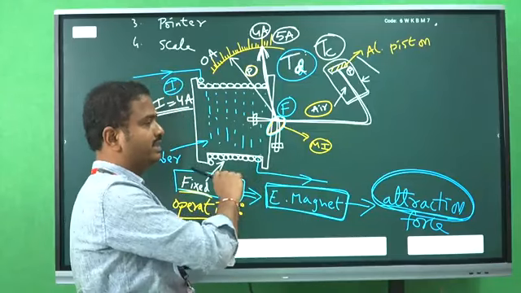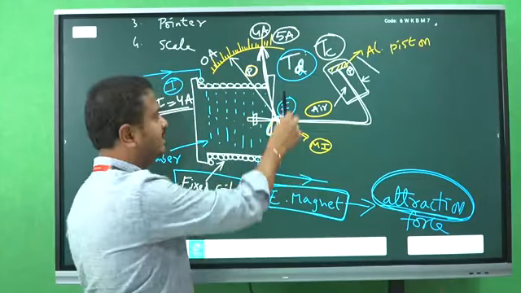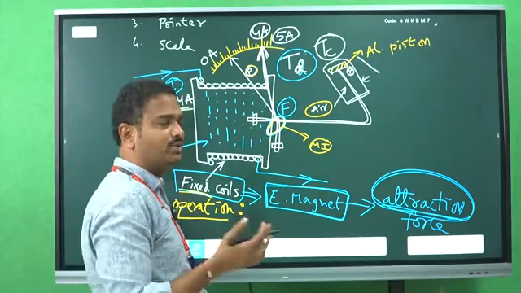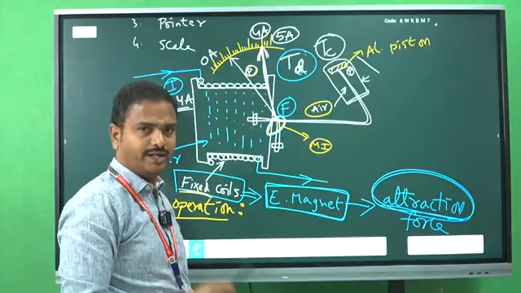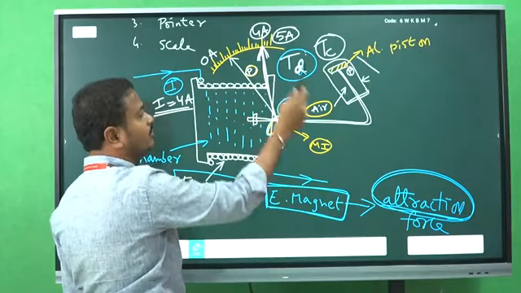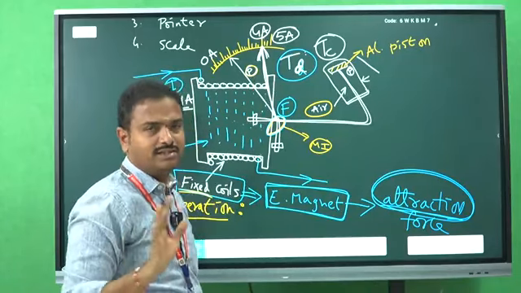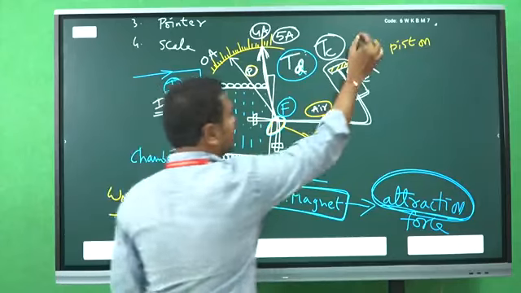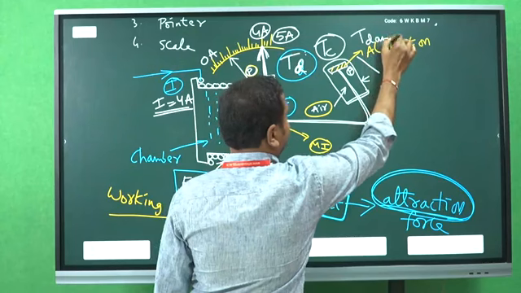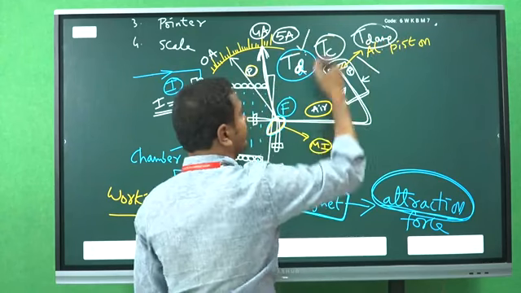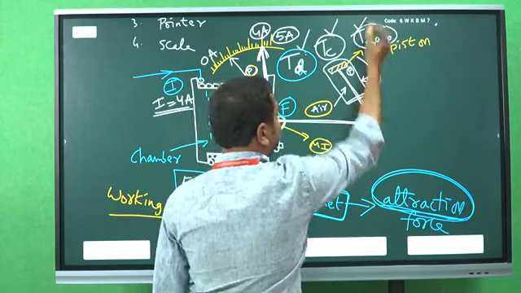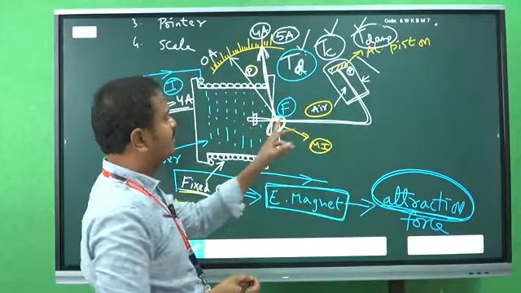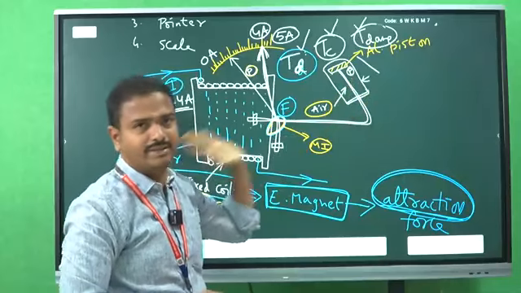That means it does not stop sharply. It makes some oscillations at the 4 amperes final value. So in order to reduce those oscillations made by the pointer at the final point, we need an opposite force. Clear? So that force is nothing but damping torque. So first one is deflecting torque, second one is controlling torque, third one is damping torque. Clear? So damping torque will be produced by the air friction damping.